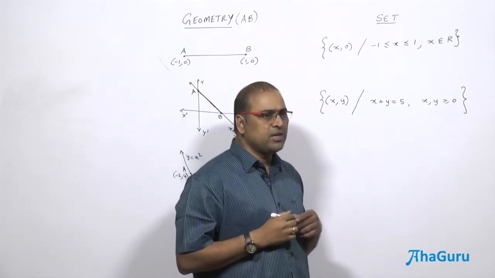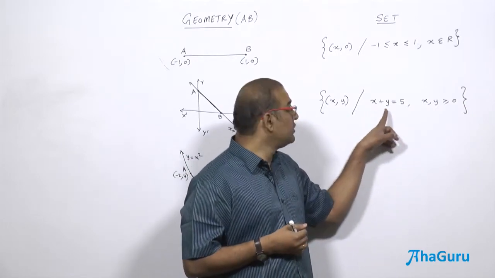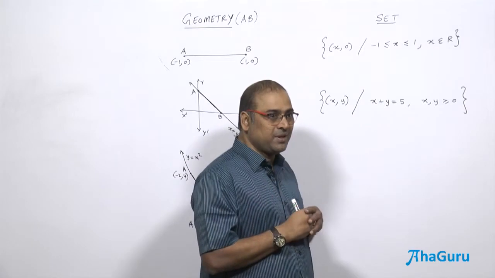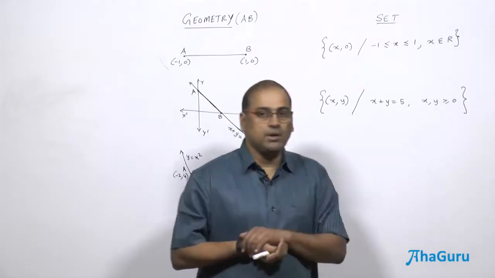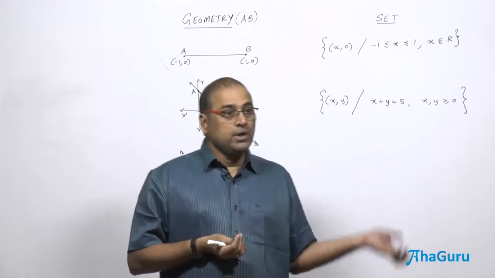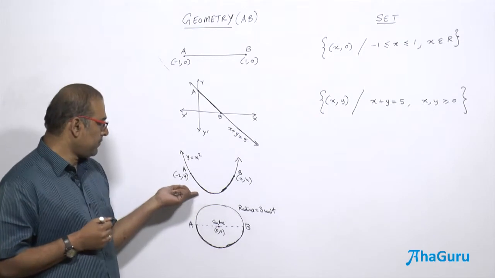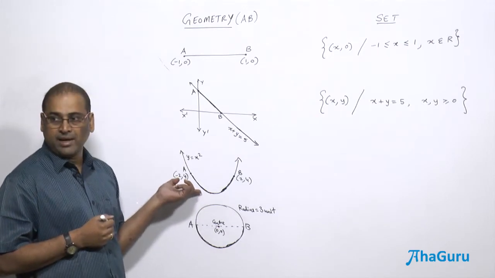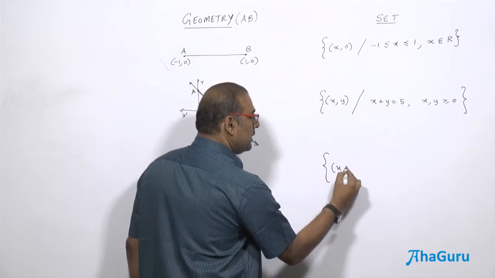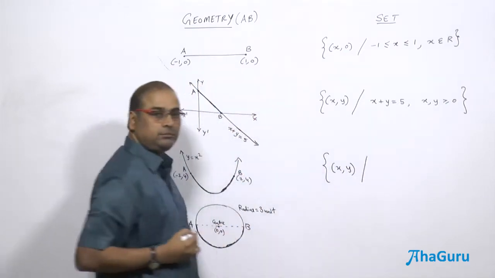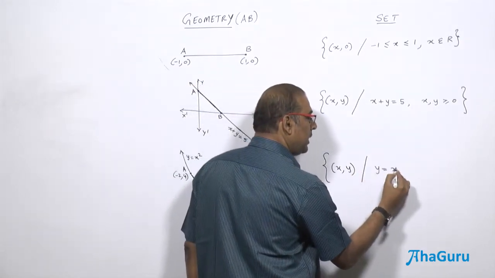So we don't have to give the maximum value of x and y. Automatically it is taken care of, because when you write x, y non-negative, this fellow will never cross 5, because the other one's minimum is 0. And same thing, this fellow will not cross 5. So you need not specify the bound. So what about this? It's a parabola y = x squared. So again you are going to collect points (x, y). y = x squared gives you the entire parabola.